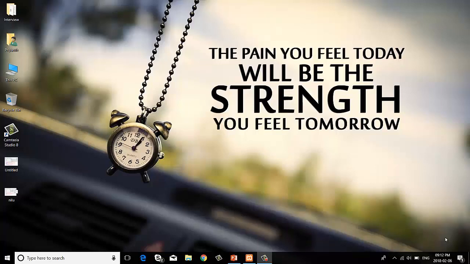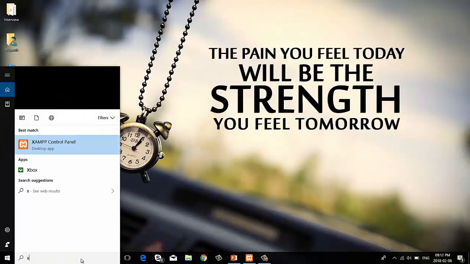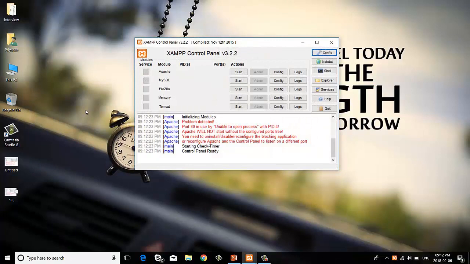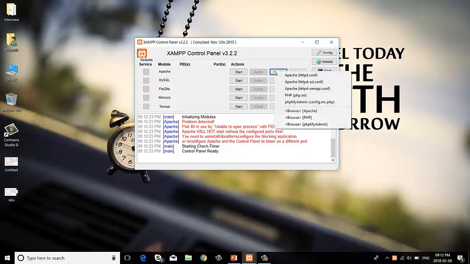First of all, open the XAMPP server control panel, then click the config button on the Apache module and open the Apache (httpd.conf) file.